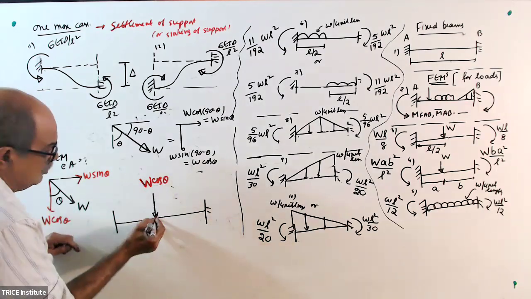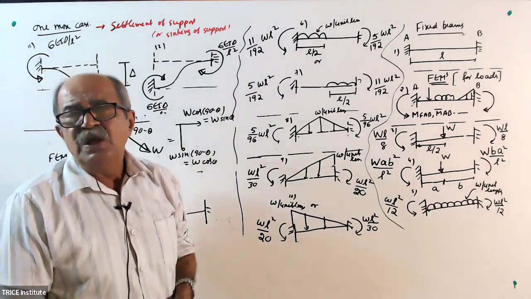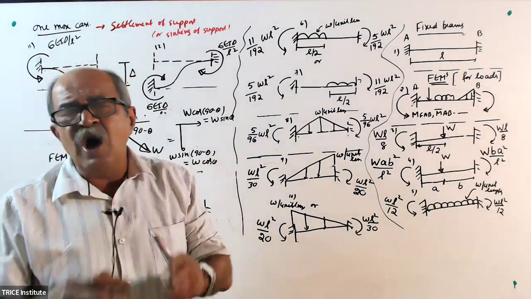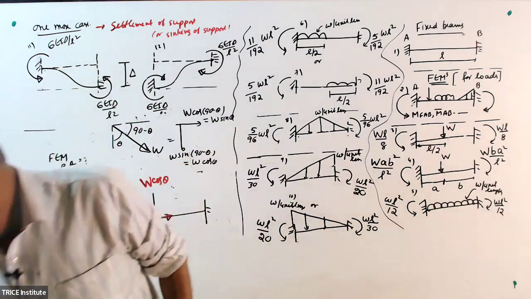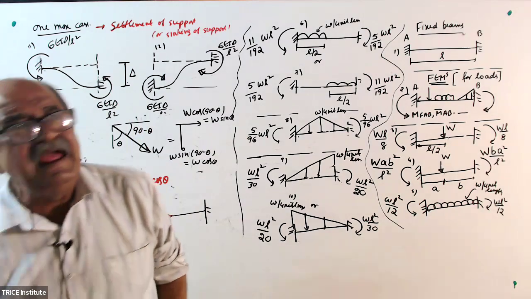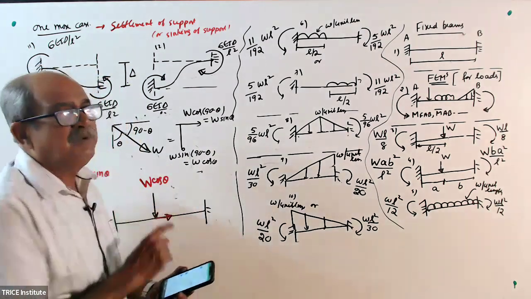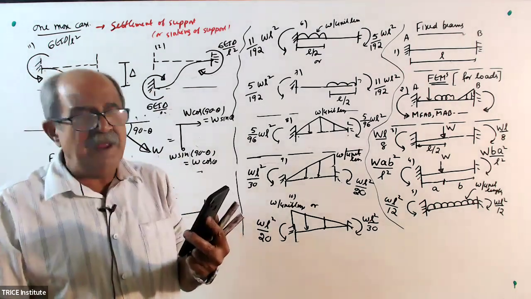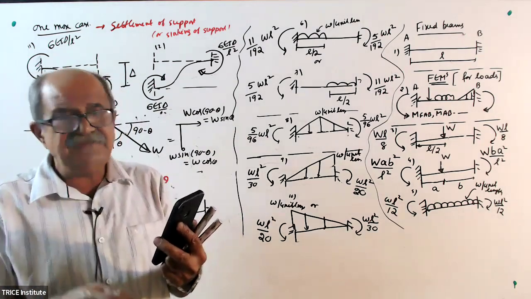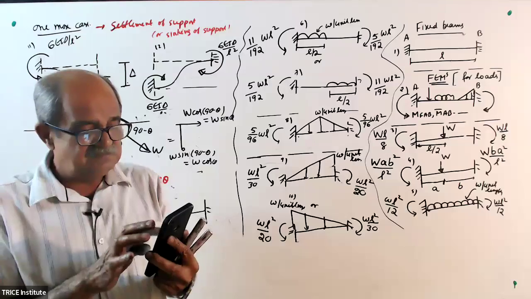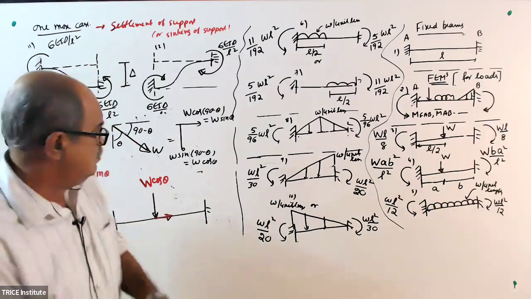Remember, horizontal component is like this. For a beam, horizontal forces will not create any moment. It is an axial force. Clear? Horizontal force will not create any moment. You consider only the force which is perpendicular to the beam. Clear or not? Along the beam is not required. Therefore, now,